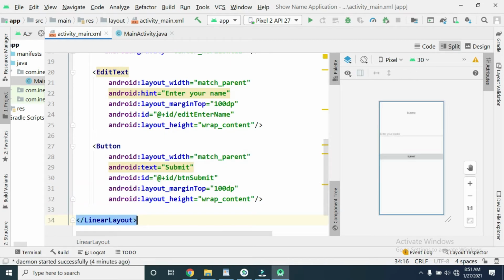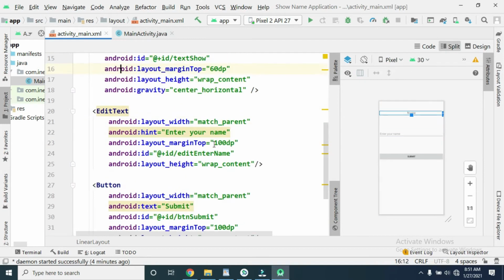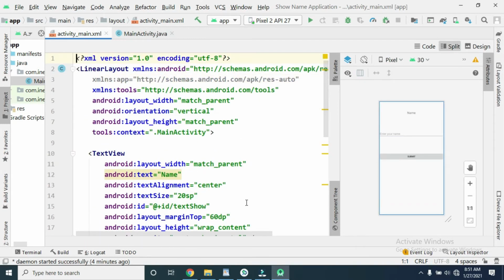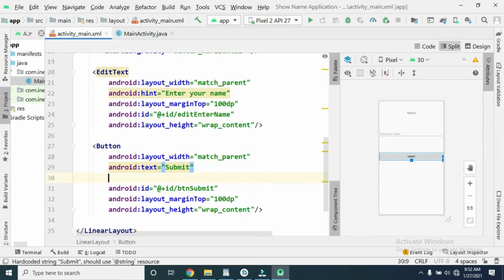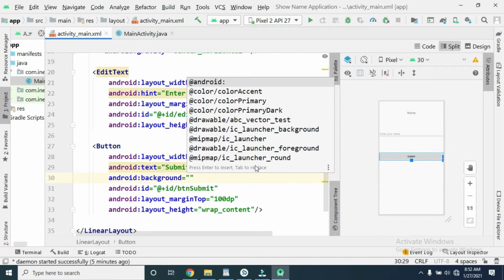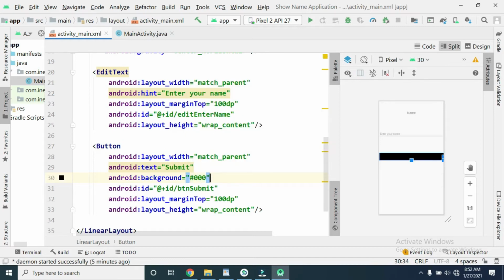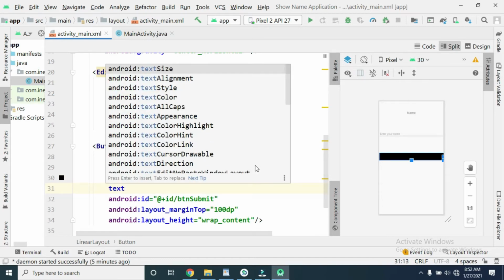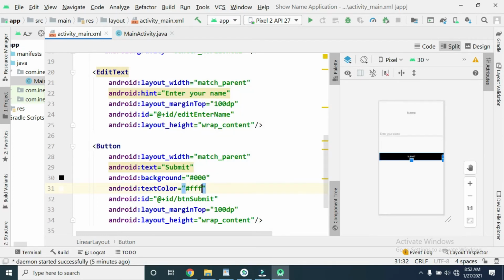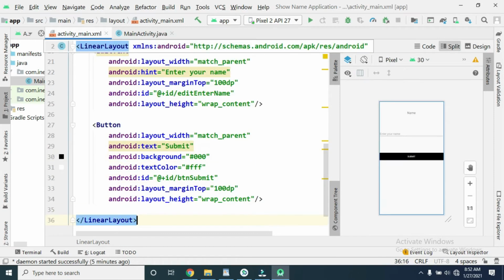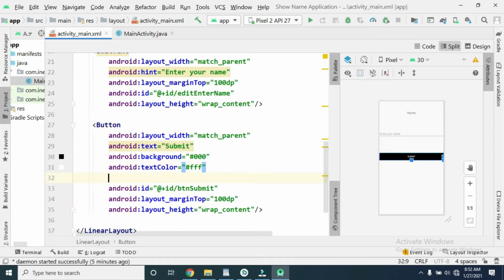All right, so everything is done on this side. Let's just give a background to the button. Let's say background color, let's make it black, while we give the text color as white. So we use the color code. So let's make the text bold. So we say text style